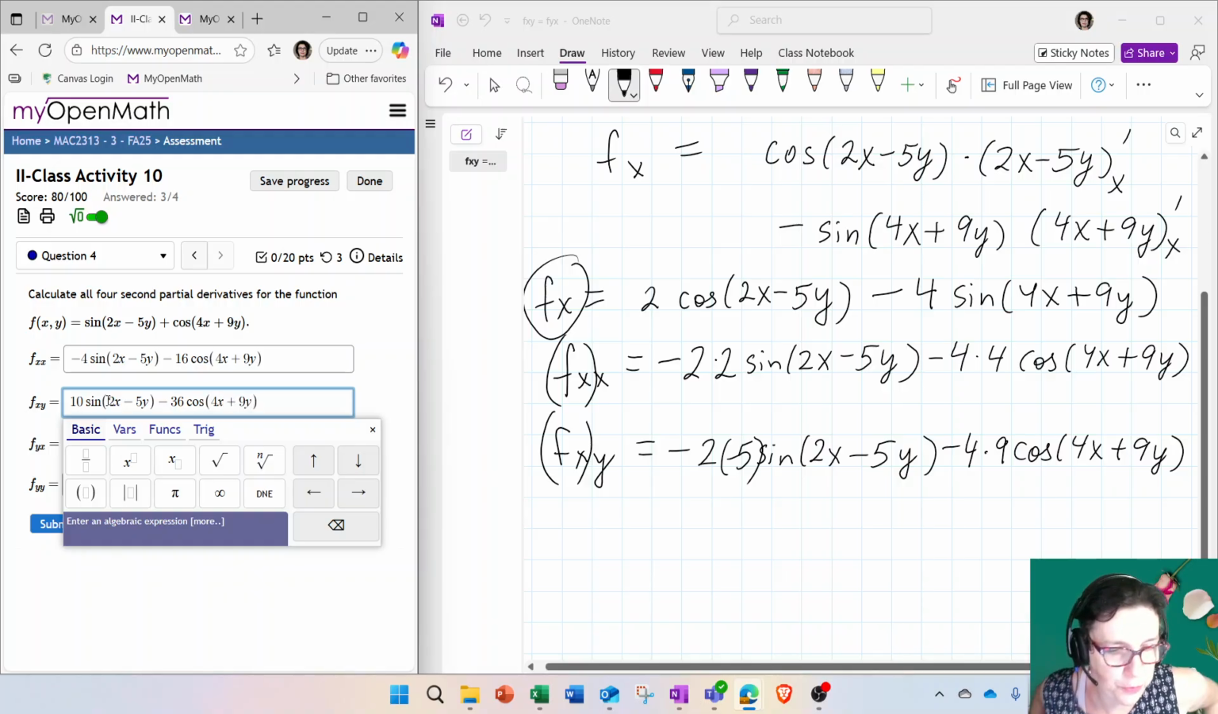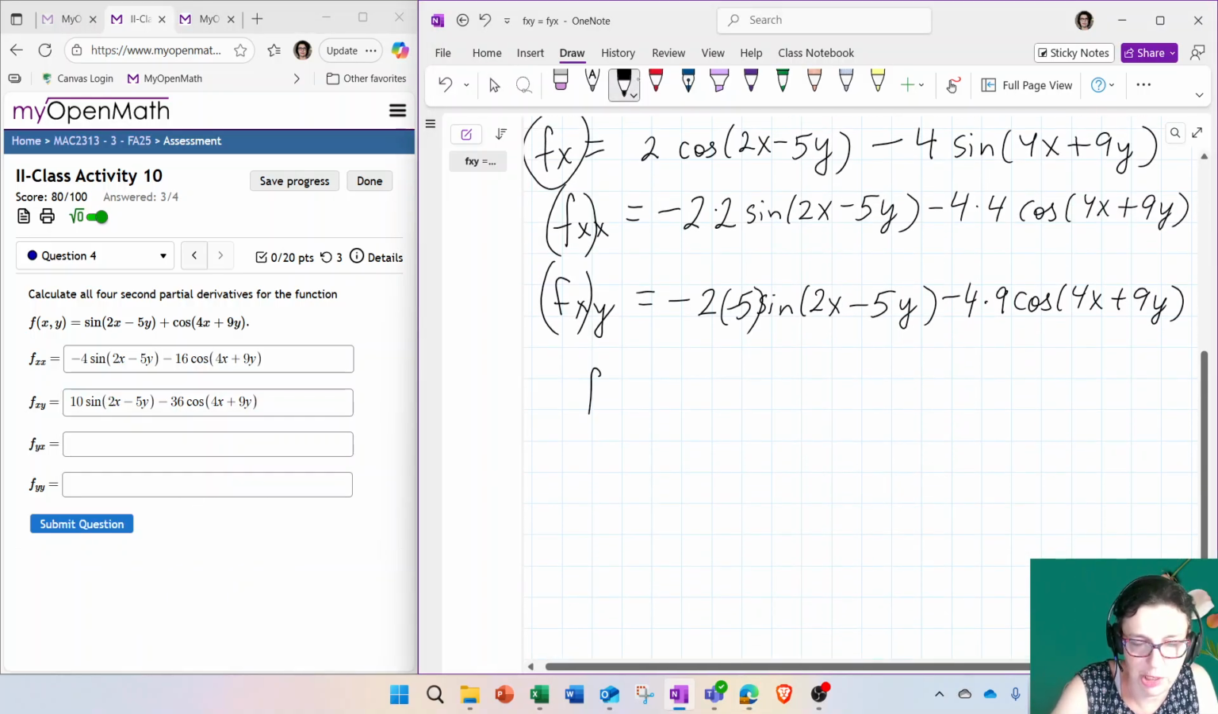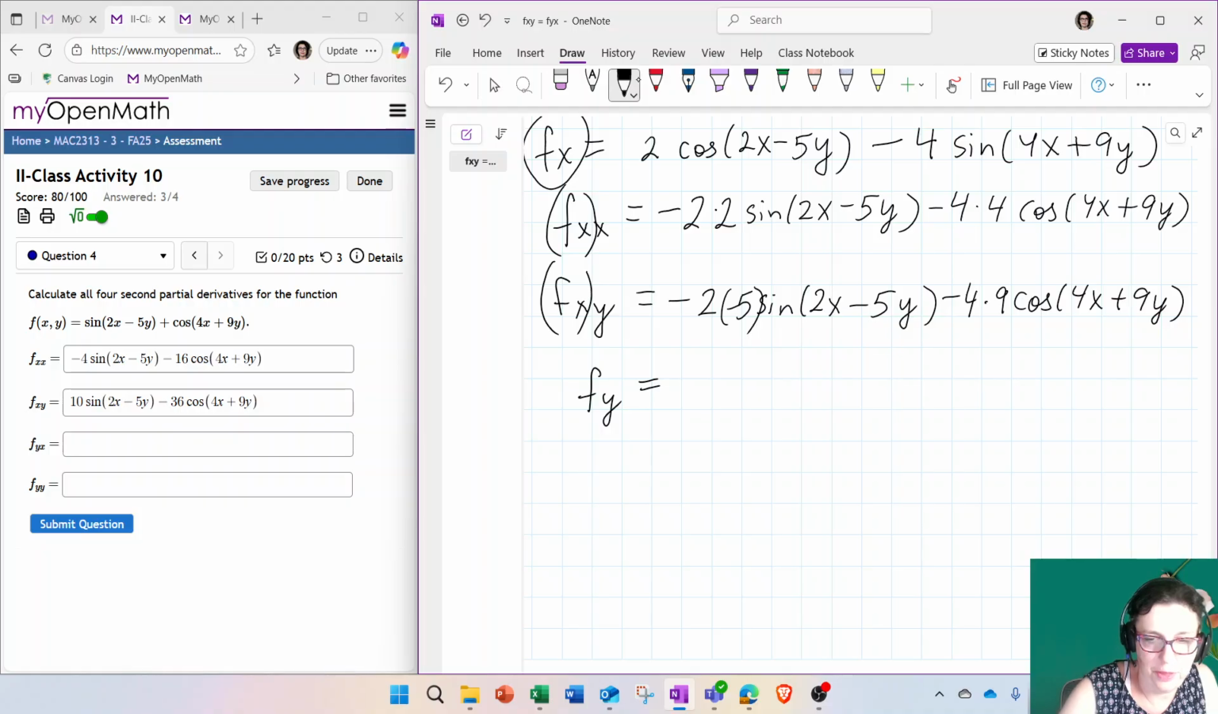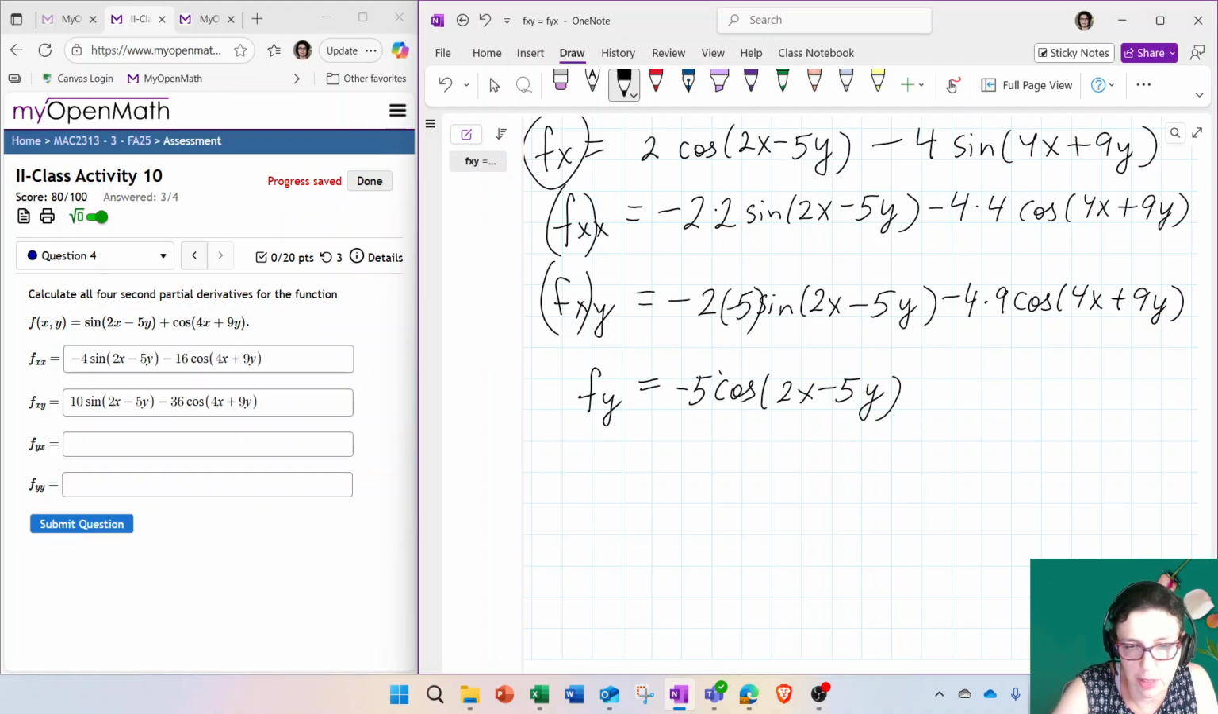All right, so I found the first two partials. Let's find fy now. Okay, so this one is the derivative with respect to y. Now, sine of a thing is cosine of the same thing. So we are coming back to the original function, multiplied by the derivative of the thing with respect to y, which is going to be negative 5, right? Because 2x doesn't have a y. The cosine derivative is negative sine of the same thing multiplied by the derivative of the thing with respect to y,